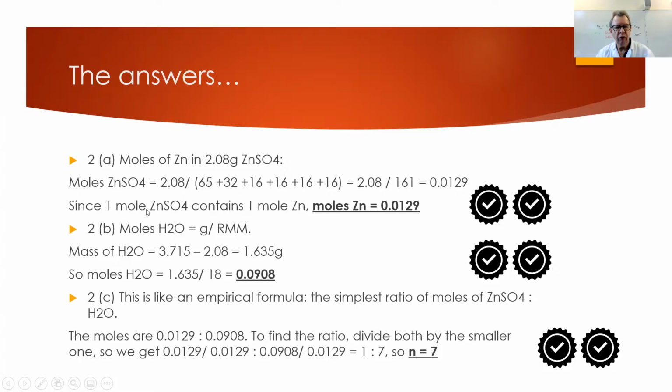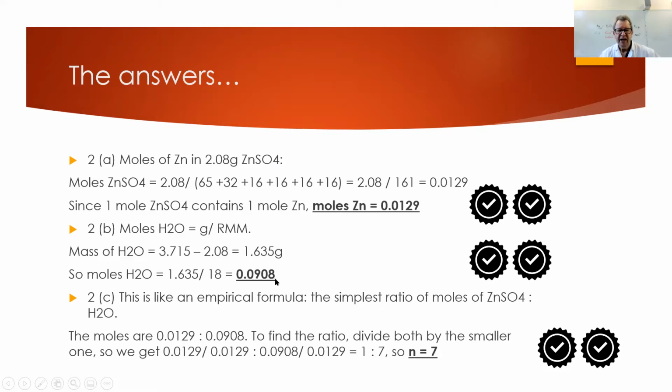Because 1 mole of zinc sulfate contains 1 zinc, so the moles of zinc will be exactly the same as the moles of zinc sulfate. Now, the mass of water is the original mass minus the dried out mass, which is 1.635. So you take the original mass and take away from it the dried out, or what we call anhydrous, and it's 1.635. So the moles of water is 1.635 over the RMM of water, which is 18,